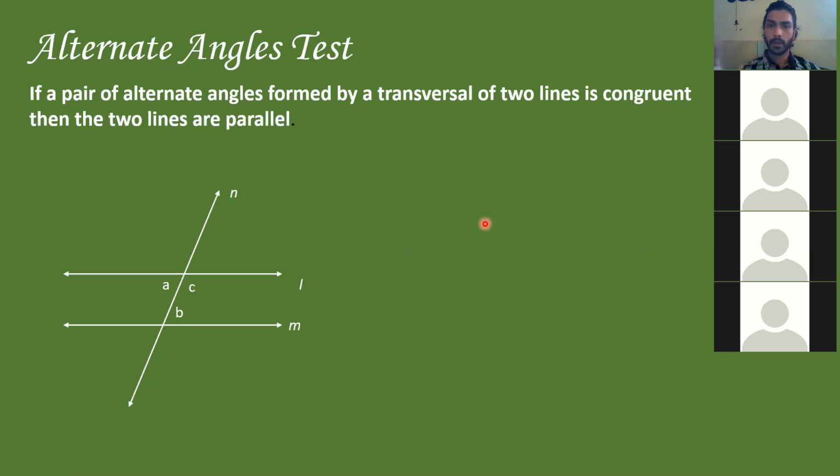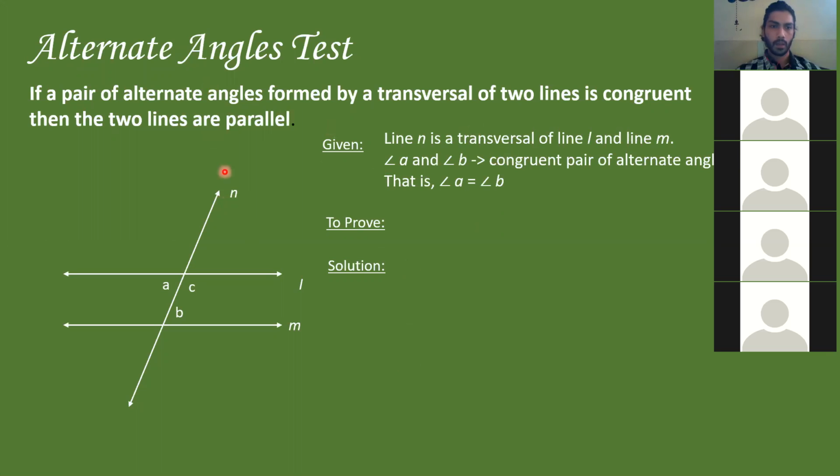So there is a method to prove theorems in mathematics. Actually, it's a very informal method. It's nothing compulsory, but you divide it into 3 parts. First is given, second is to prove, and third is the solution or the proof. I would request you to write all your proofs and theorems like this, because it will be easier for you to understand and also for the person checking it. So what you have to do is given. What is given now is, look at this figure.